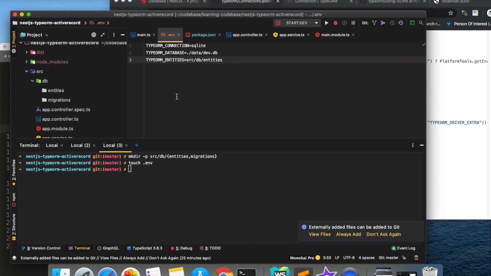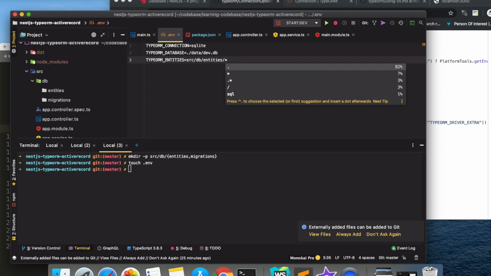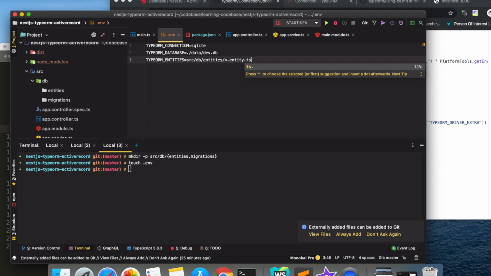But if we want to give some regex, like to pick only those files which end with entity.ts, then we would give something like star dot entity.ts. This means that all the files that end with .entity.ts in the entities directory will be picked up as entities. So we are going to use this convention: all the entities would be suffixed by the word entity.